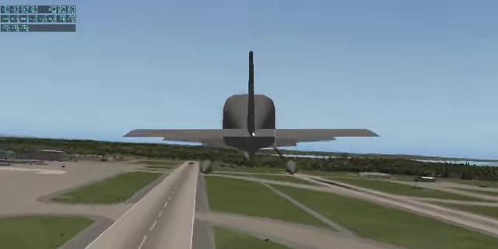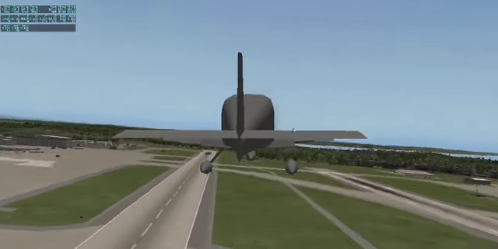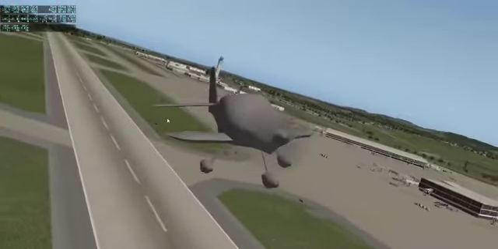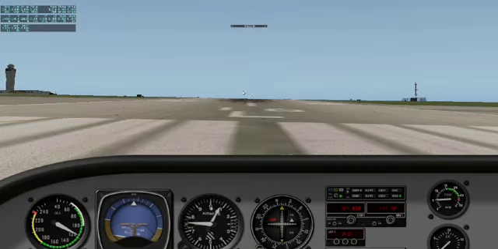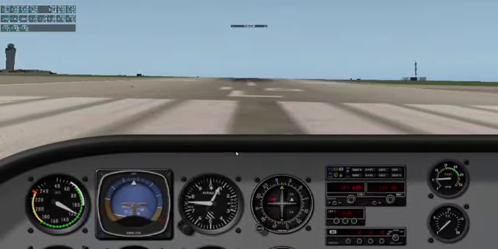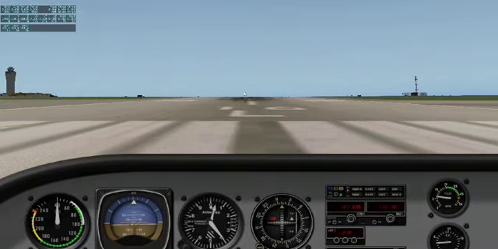You can see from the outside. Now we will see on the data, you'll see that the takeoff speed was 94 knots and the takeoff distance was 1,658 knots. We'll now do the same takeoff but with the 50-foot